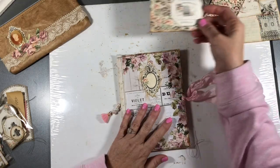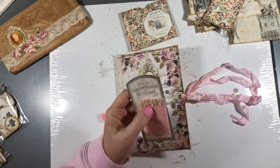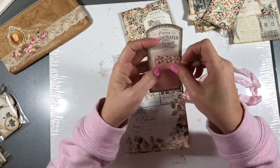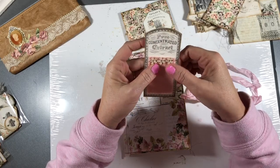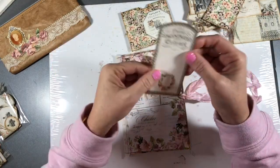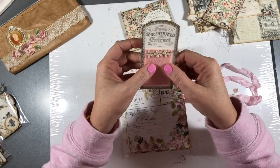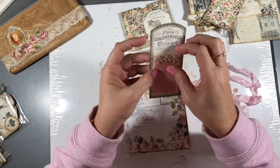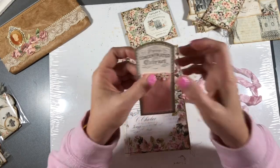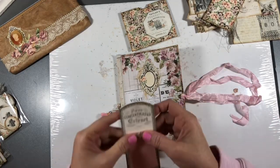I did have a little bit of a think. I've started doing these little needle keeper tags, and I just love them. I just think they're so cute. They're something different. So I thought on this beautiful curved tag I would cut a little bit of wool felt to fit on there, and I've just pre-sewn some trim on the top. I'm going to glue that there, and then we'll find some hat pins and stick them in there,